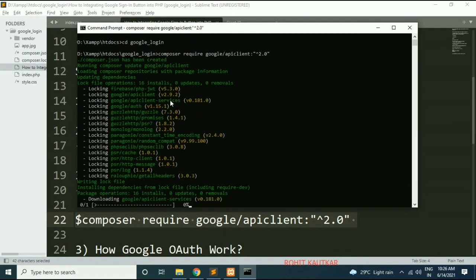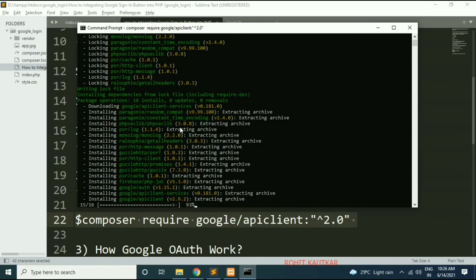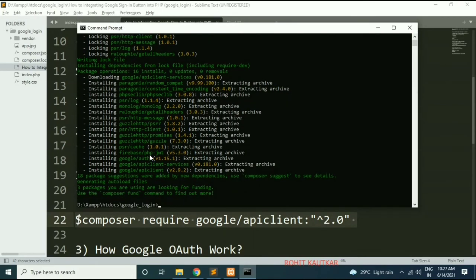Now you can see the process is started, and here in our project folder one directory is created, vendor. Within this folder all the files related to Google API client library will get downloaded. It will take certain time to download and extract all the files from Google's API client library. Now friends, you can see the process is completed.